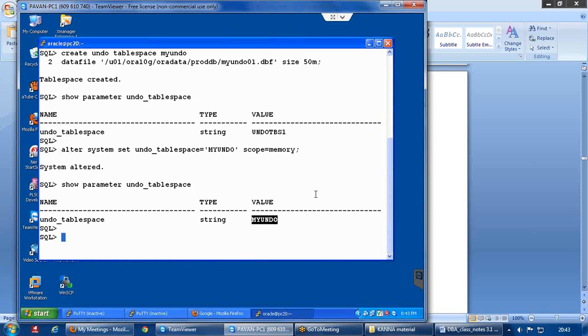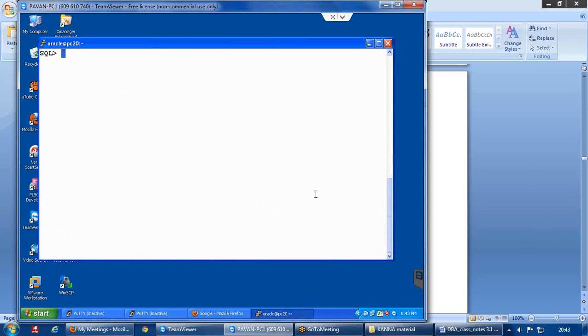So Oracle gives you the flexibility of changing the undo tablespace name at any moment of time. But as we already looked into yesterday, even though we have 10 undo tablespaces, out of those 10, only one will be used at a time. So that is one point that we need to remember.